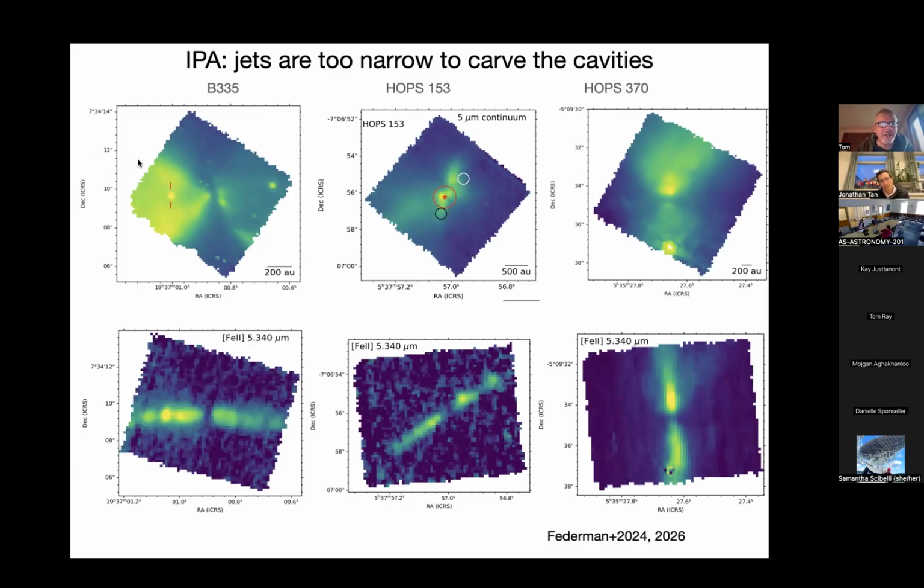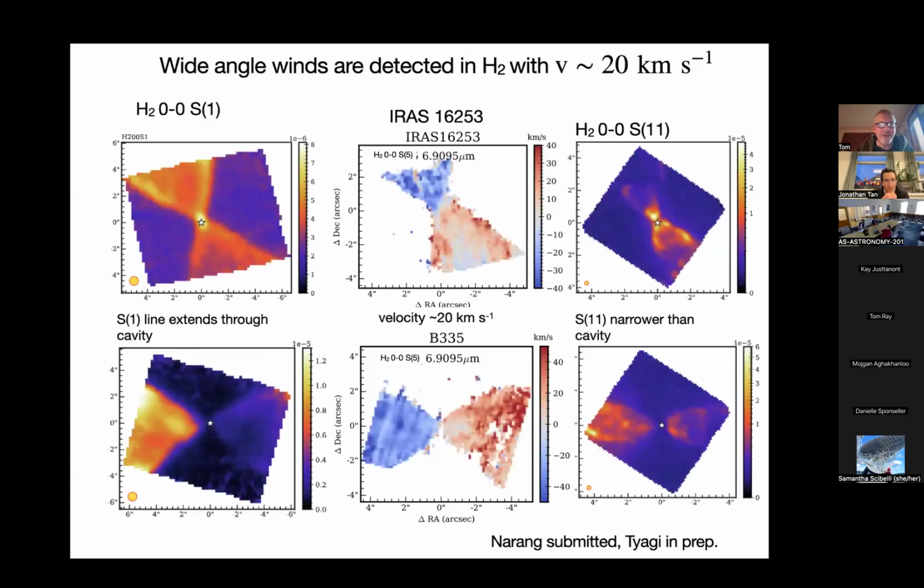But you can sort of see that these are all much wider than the jets, right? So what is the process that's actually entraining gas along the edges of these and clearing these cavities? And that appears to be lower velocity winds. And so in all of these objects, and this is work by Mayank Narang, who just has a paper that's submitted, and Himanshu Tyagi, who's about to submit another paper, we basically find that these cavities are filled with warm